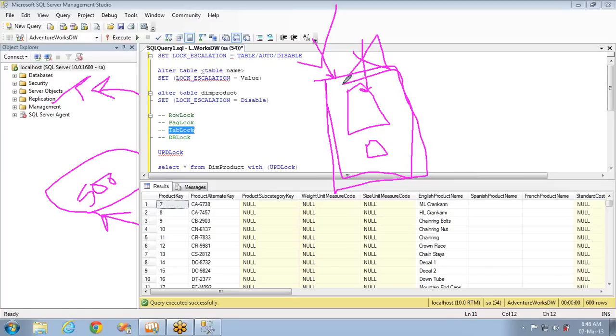Generally, a page lock replaces a shared table lock with shared page locks for each page containing qualifying rows. So in this case, the table lock will be replaced with the page lock. Why? Because it is the highest granularity, and the complete page will be locked until the transaction is completed. And the